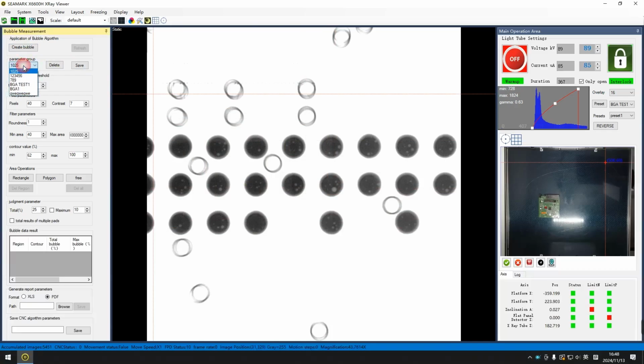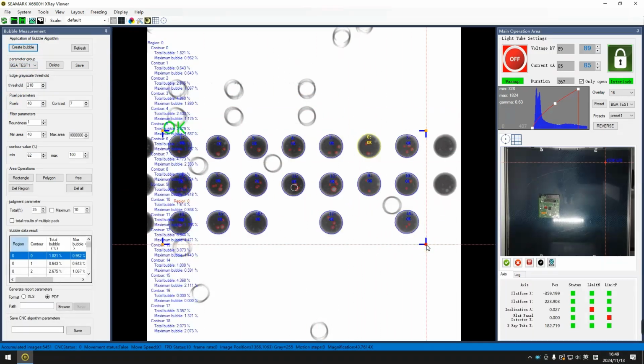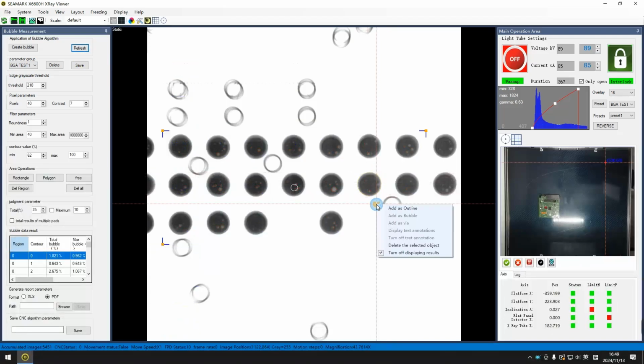So for the bubble error check, we need to get the parameters as near as possible to what we see with our eye check. You see, we need to change the parameters to be very close to our eye check because these parameters are also a reference value for you. And if some of the voids are not good, not passed, and not recognized by the parameters, you can use the polygon or rectangle or free draw to draw a new bubble here